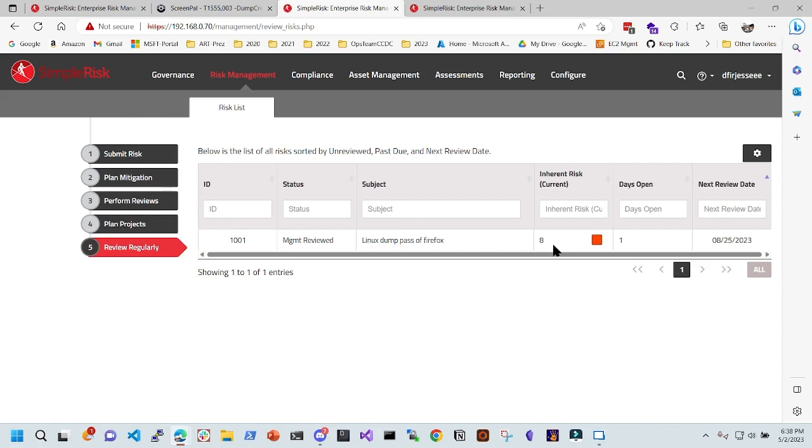Cool. We have this here. The next review date is 8/25. Like we mentioned, we can see all the inherent risk. We can see the days it was open. Oh yeah, and what's also cool is that not only can you filter these things, but you can go